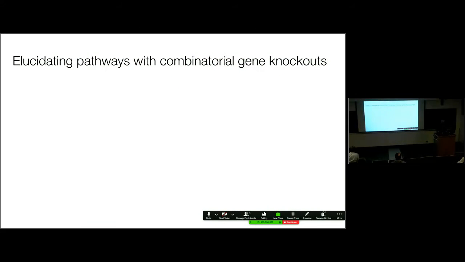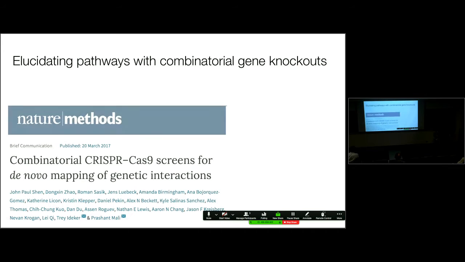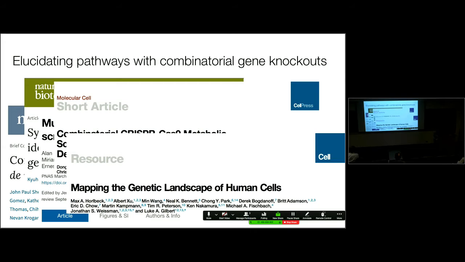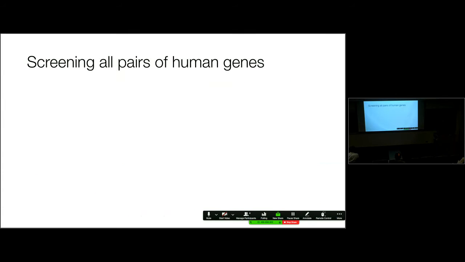And since then, a lot of groups have been developing similar approaches for human cells, and there have been a lot of papers doing this kind of work. And this is clearly really powerful and is going to continue to be a really essential tool in understanding biological systems. However, there is a weakness that we have to overcome when we want to screen all pairs of human